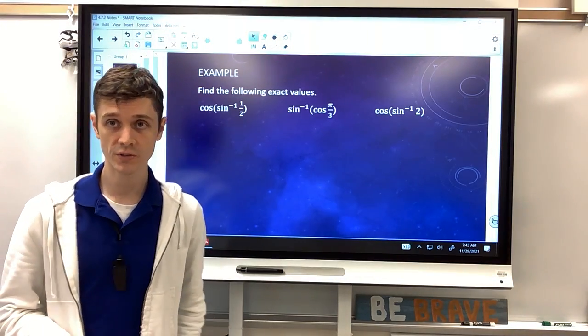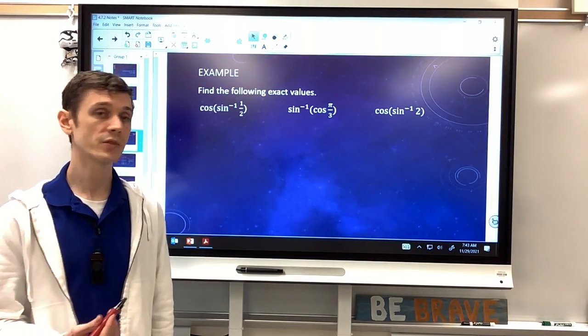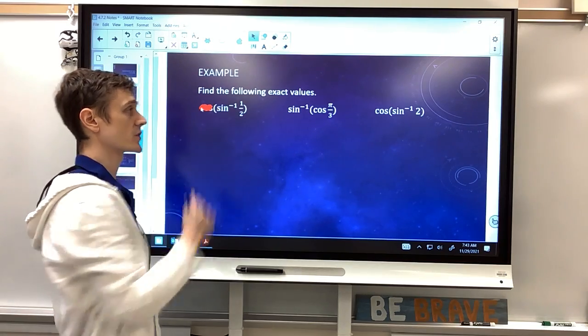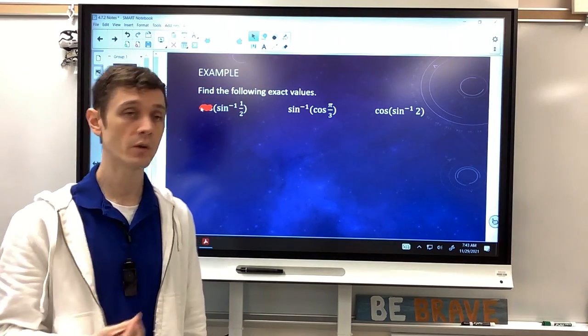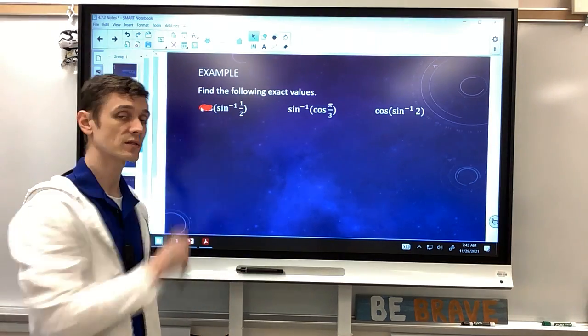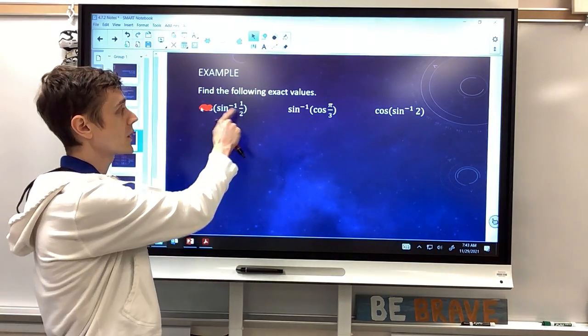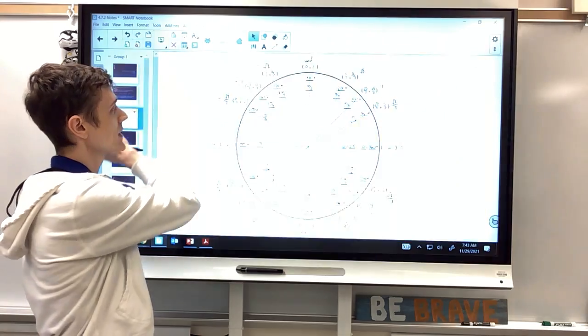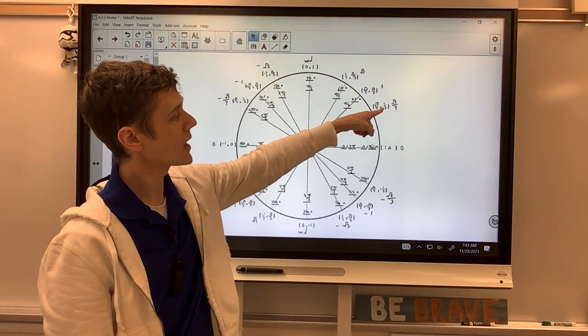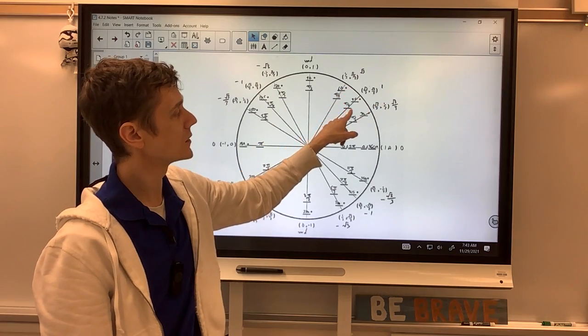So here are our first examples. Now, like I said, we really want to focus on what's inside the parentheses first. So I'm going to ignore the fact that there's a cosine outside of this. We're just going to evaluate what is sine inverse of 1/2. So we need to remember that sine is based on the y coordinates. So I'm going to look at the y coordinates on my unit circle and see where I find a value of 1/2. So the y coordinate of 1/2 is happening right here, which means my angle is either 30 degrees